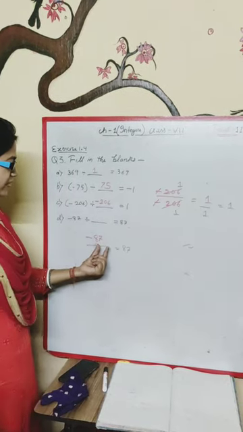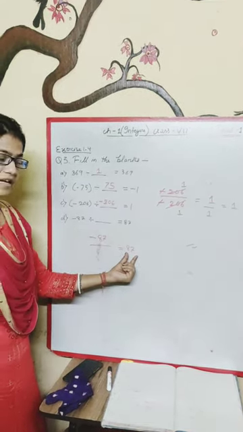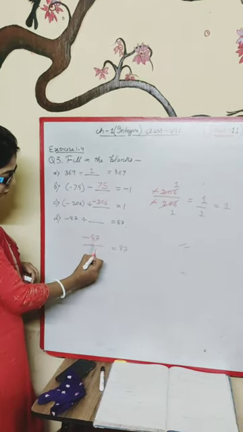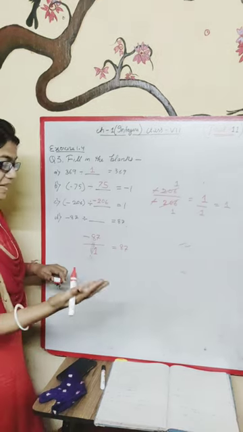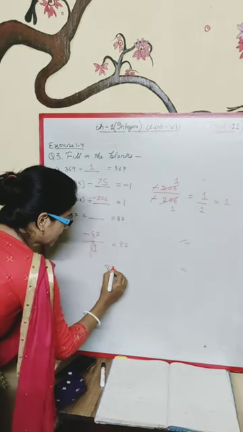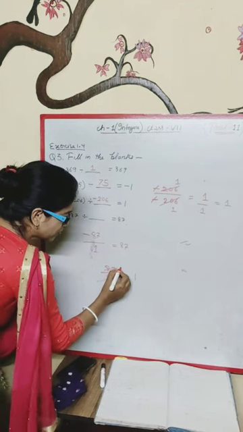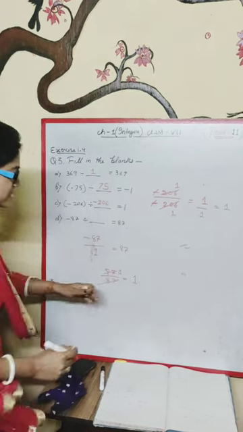This 87 is already given here in the negative, in the answer part. So what do we have to do? We have to write 1 here. If we write 87, you just see, if we write 87 by 87, then the answer will be 1. This will cut down to 1. The answer will be 1.